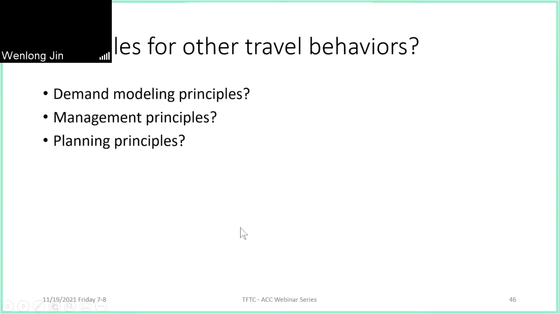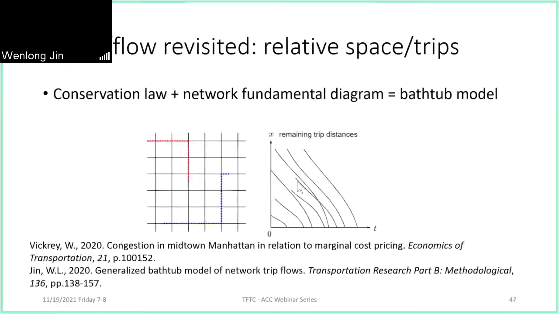And then, of course, can we have principles for other traffic behaviors like demand modeling, where we have a performance function? There's a lot of confusion on that too, whether we have user equilibrium, system optimal, all this choice behavior, and then management principles, planning principles. So I feel this approach could also be really fruitful when we talk about other transportation problems, and then of course in general science and engineering, right? And actually, in addition to those things,